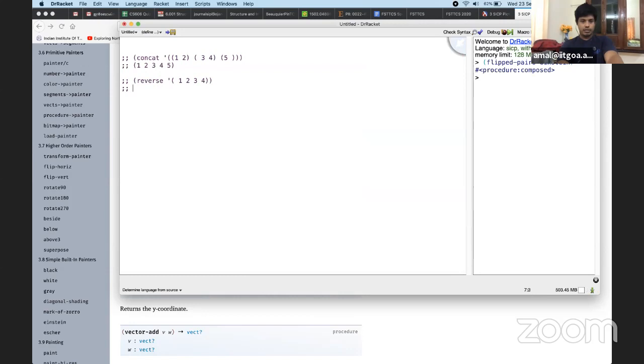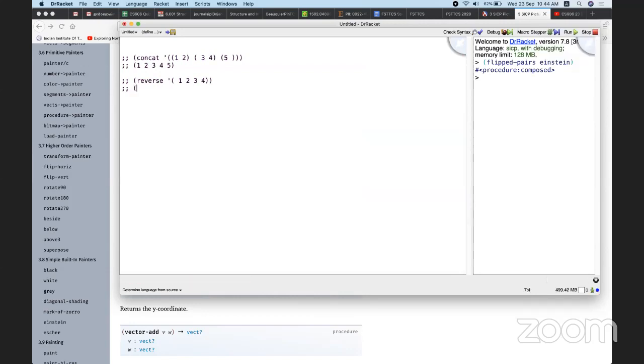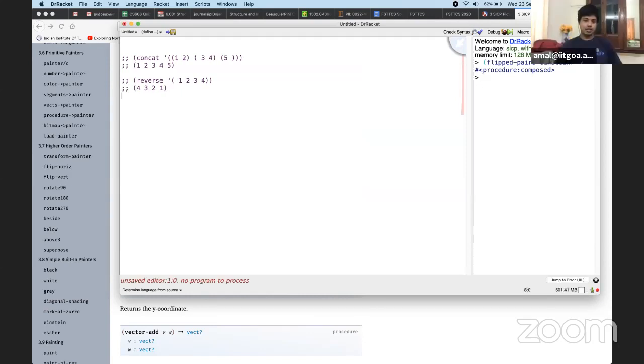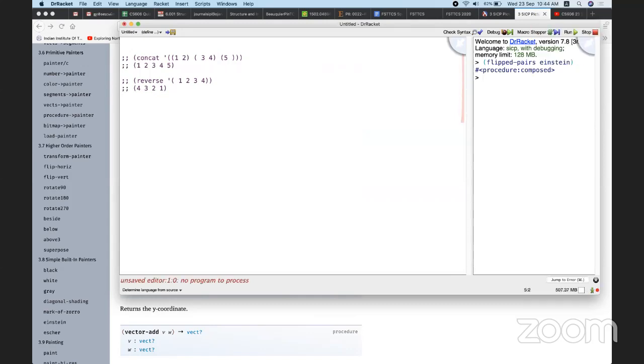3, 4 will be. Sir, I have a doubt. Yeah. What is the difference between using quote and list? Nothing. It's just this: if I just use quote, backquote is a special mechanism. So I told you that